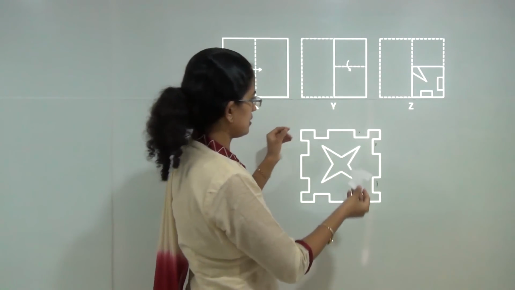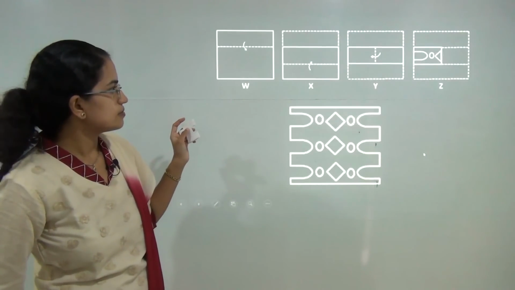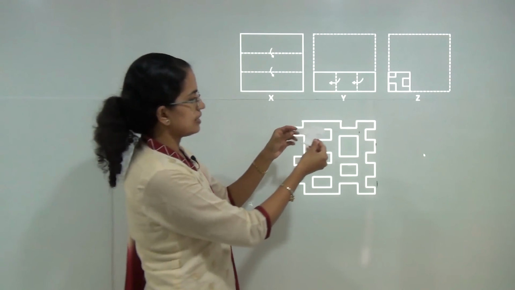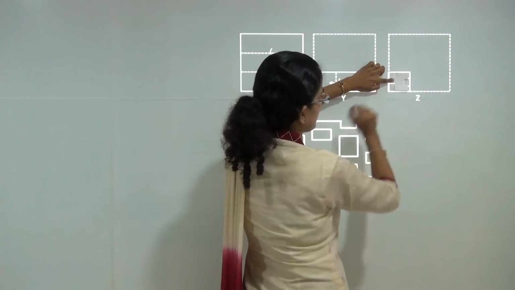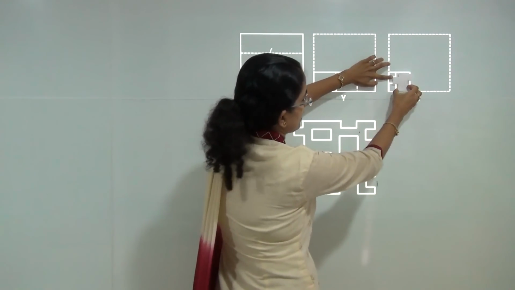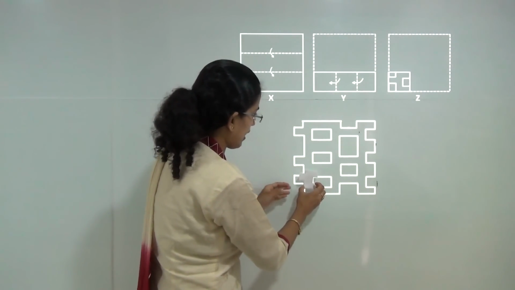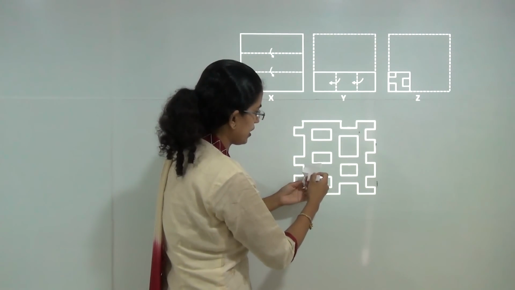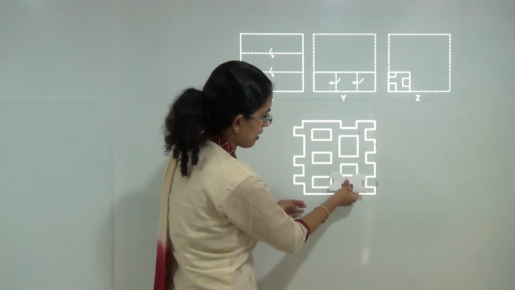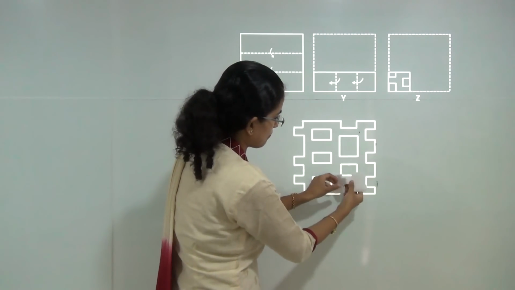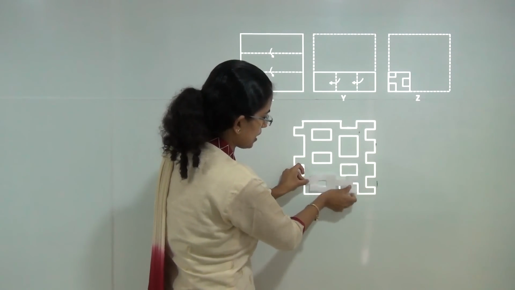Now let us try to unfold it. So as I said, you have this shape that we have here. Now when I unfold it once, it would go this side. So when I have this shape, I unfold it once, I would have this shape that would be formed, and when I unfold it further, it would be this shape.